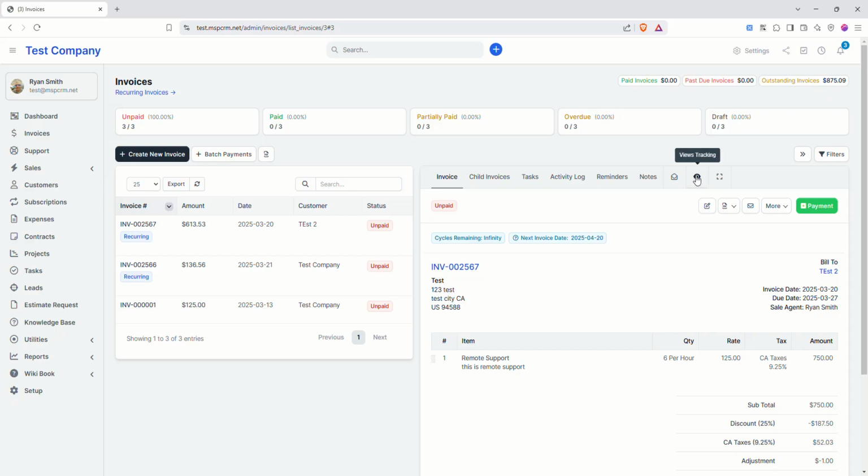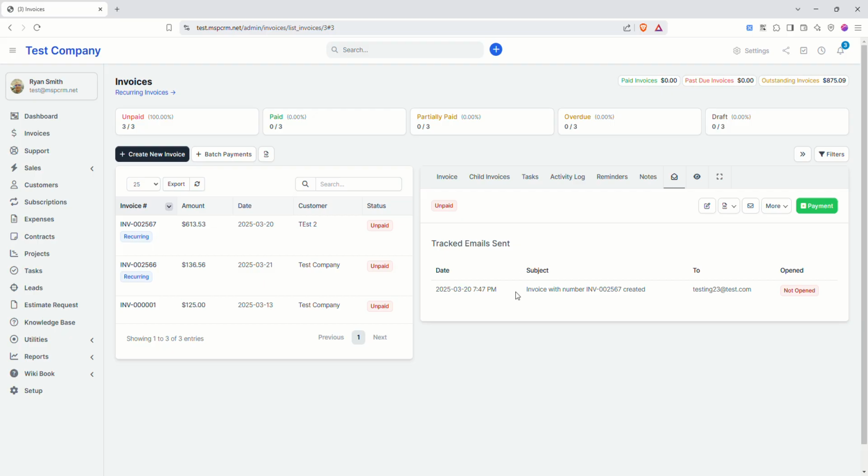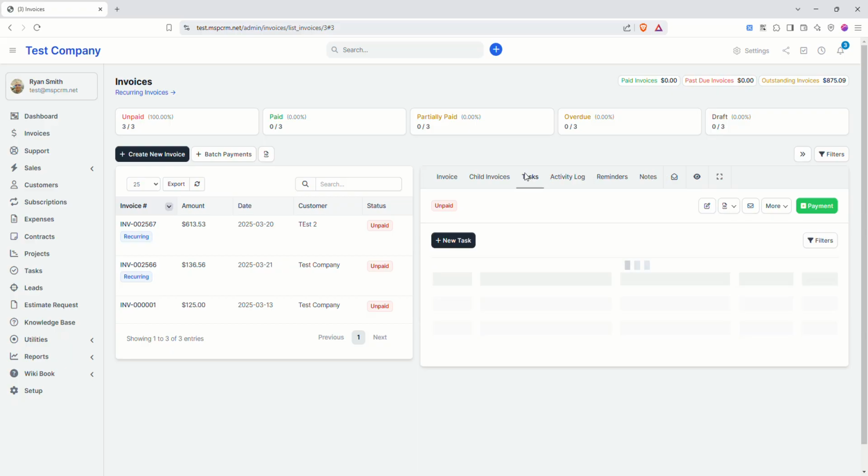Shut up, Alexa. You can do tracking, email tracking. See, it's not opened yet. You can see if they open it, which is nice. A lot of times people just lag, so, but they viewed it. So you can add your notes and tasks and all that stuff,